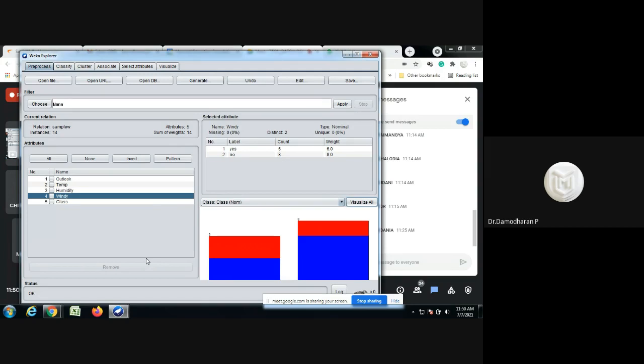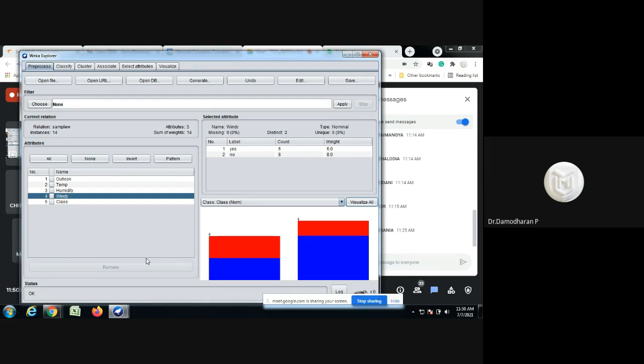If you go for millions or billions of records and open the data set, all the data will be loaded into the main memory. Sometimes it will affect the performance of the system, or sometimes it will crash the memory.